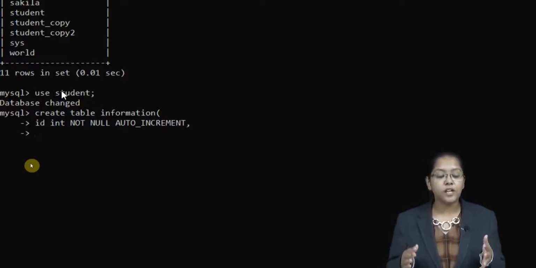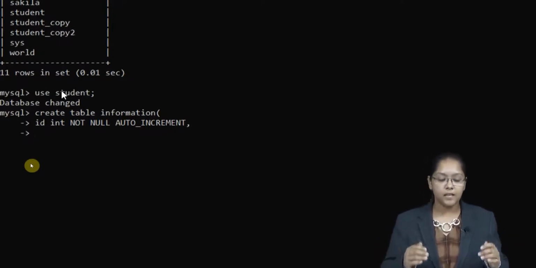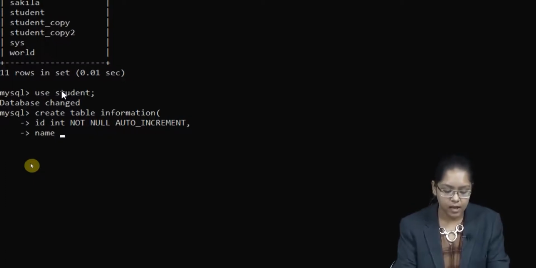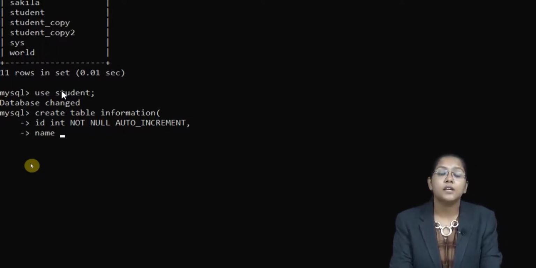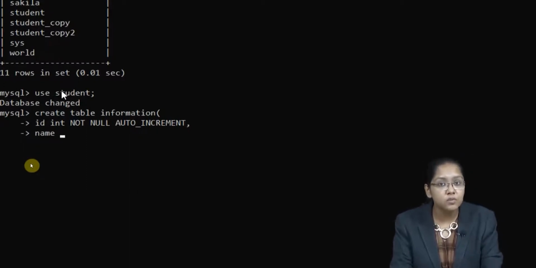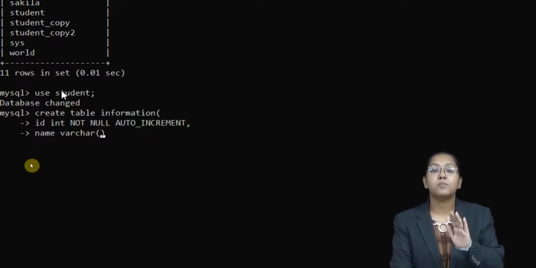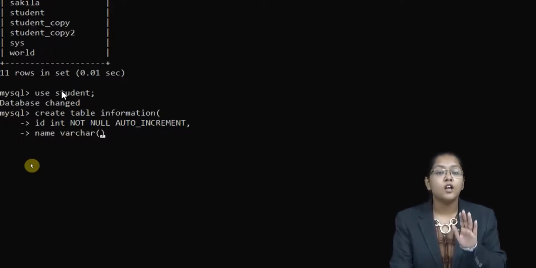Okay, so before that, now that we have created one attribute, one column name, I will start with the second column name, and let's say that is name. And now name is what? Name is nothing but your string. Now for string, which data type or keyword do we use? Varchar or char. So here I will use varchar, and inside varchar I have to specify the size. Why?